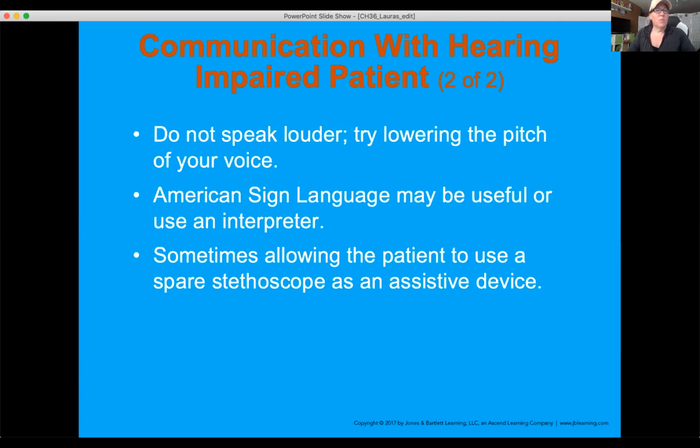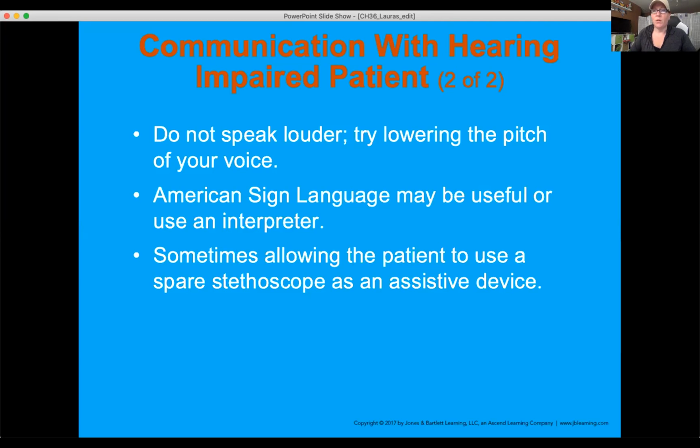So in a minute, we'll show you some pictures of some hearing aids. Some of these are pretty outdated. It talks about using sign language. I would be very careful with that if you don't know what you're actually signing. Also, whether the patient knows sign language or not is important. If you use a family member as a sign language interpreter, it's documented that the family member was interpreting via sign language when you were interviewing your patient.